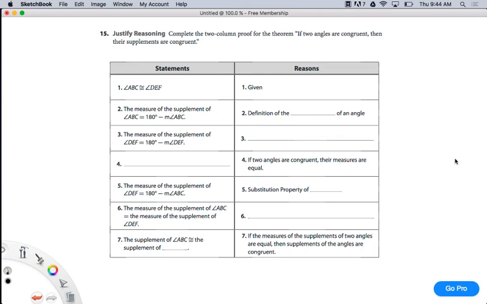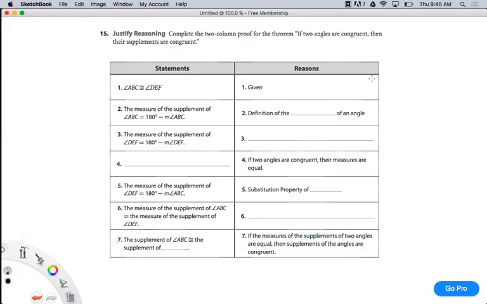If I say two angles are congruent, and then the next thing is that their measures are equal, well, that's the definition of congruent angles. Does that make sense to you guys? So you're not necessarily being asked to really prove something, because when you're filling in the blanks, the steps are already there for you. It's more about recalling the different terminology and being able to understand what statement comes next. Does that make sense to you guys? Okay, so